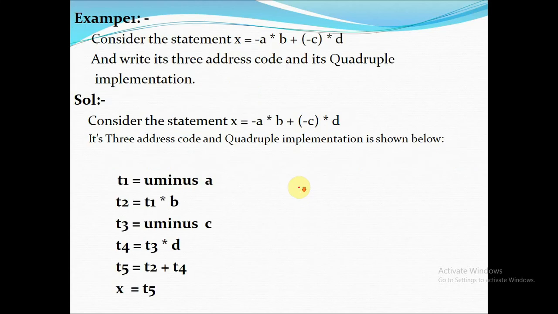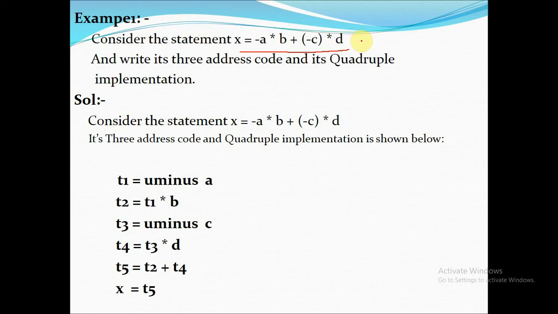And take one example, x equal to minus a into b plus minus c into d, and try to translate this statement into 3 address code as well as quadruple implementation. So to write quadruple implementation, first of all you have to write the 3 address code.